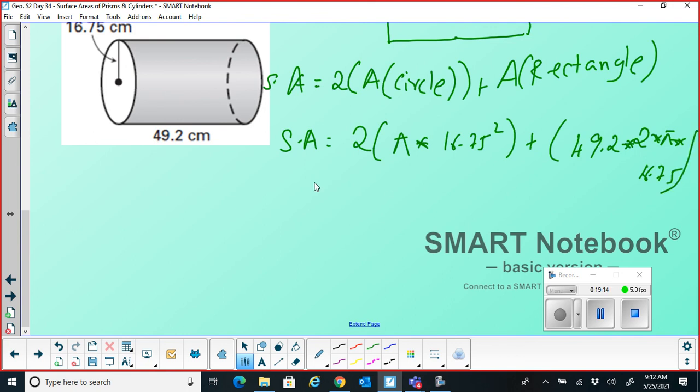Let's simplify this in the calculator further. This is in centimeters, so once I simplify I will get 6,940.800 centimeter square, or